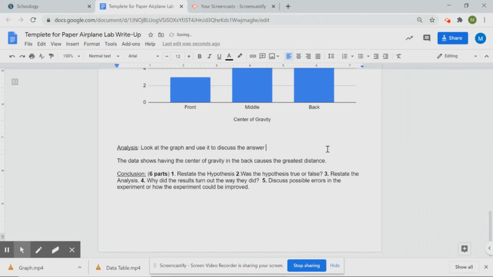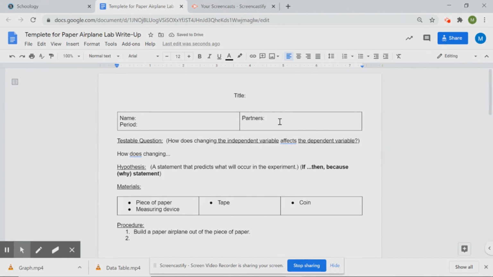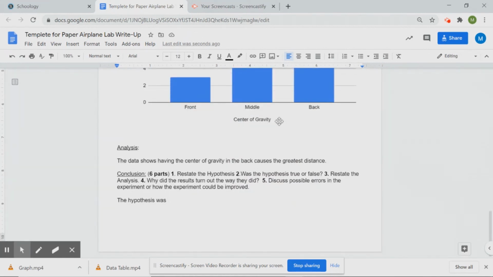I'm going to delete the notes that I gave, just so it looks a little more professional. I'm going to have at least 5 sentences in my conclusion that summarize the entire experiment. So I'm going to start off with number 1, which says restate the hypothesis. So I'm going to start typing. The hypothesis was, and my hypothesis, as I recall, was that, I don't have it up there anymore, I deleted it, was that having the center of gravity in the middle would cause